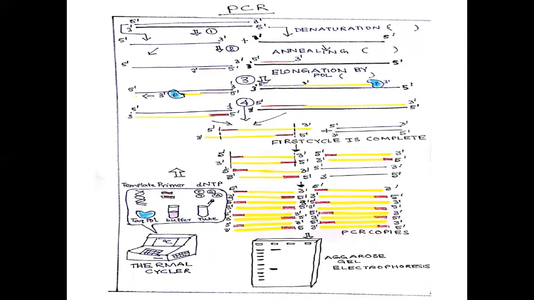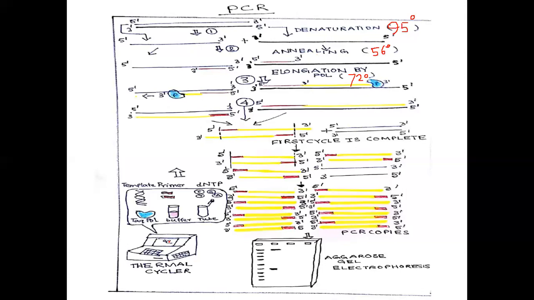Basically, 95 degrees is the temperature at which we can do denaturation of DNA. Then for annealing it is about 56 degrees Celsius, and if you want to elongate, it is about 72 degrees. This is very common. You can change this annealing temperature according to the compatibility of the primer. So let me explain these things. We are using a machine called a thermal cycler, which can selectively change the temperature according to the programming done.